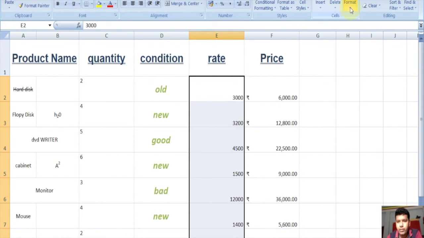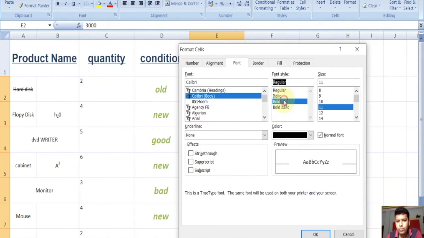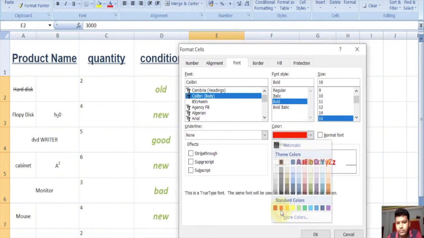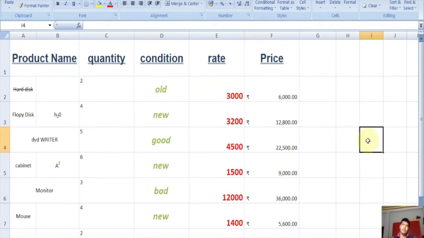We can do it by cells, format cell. We can bold and give a size and give a color, specified color that we want. We can format the text with formatting font.